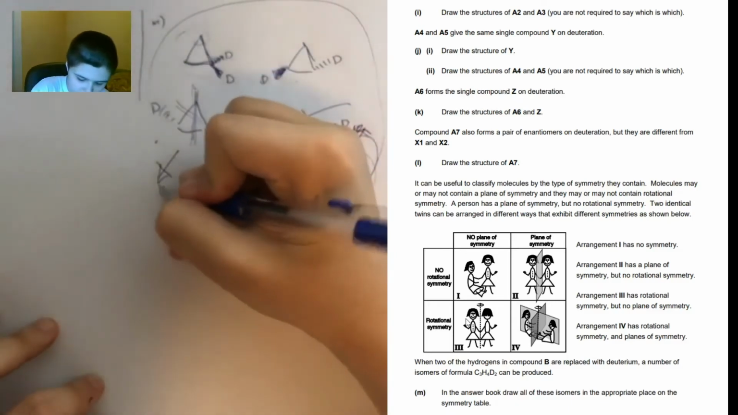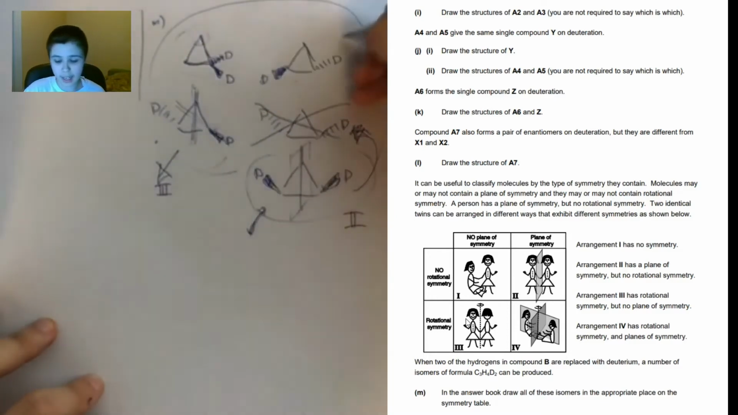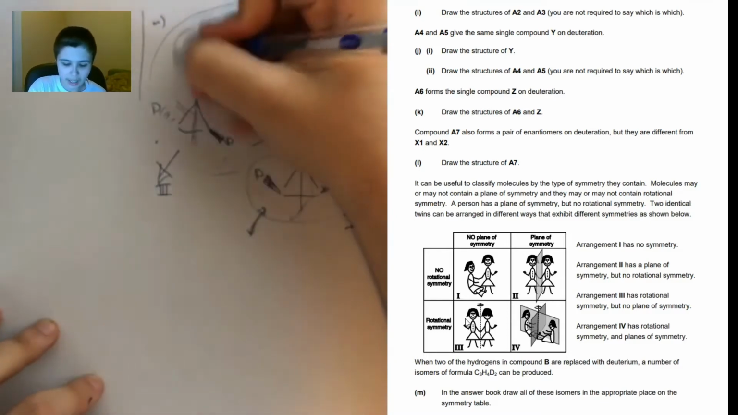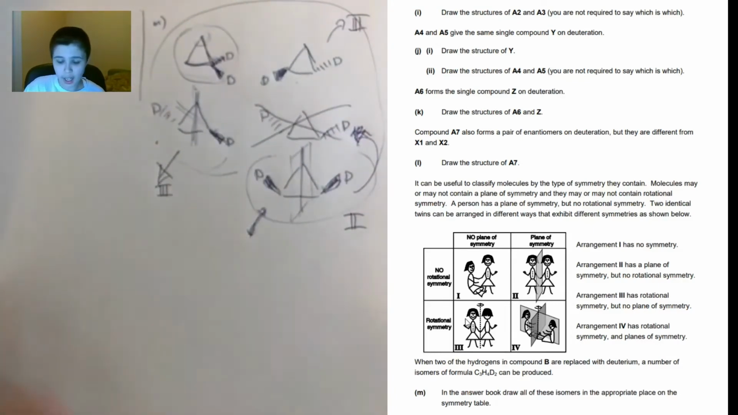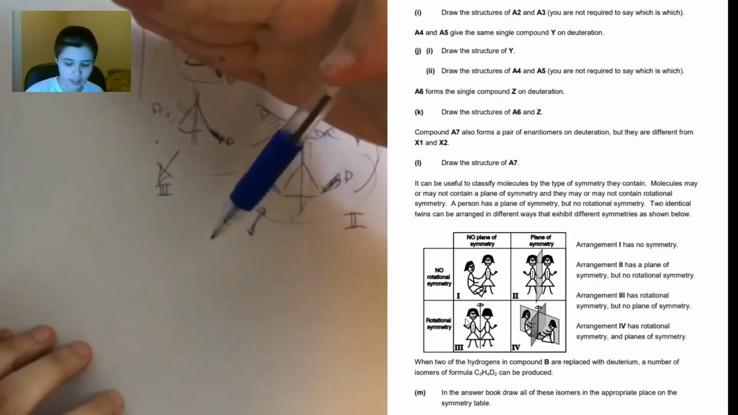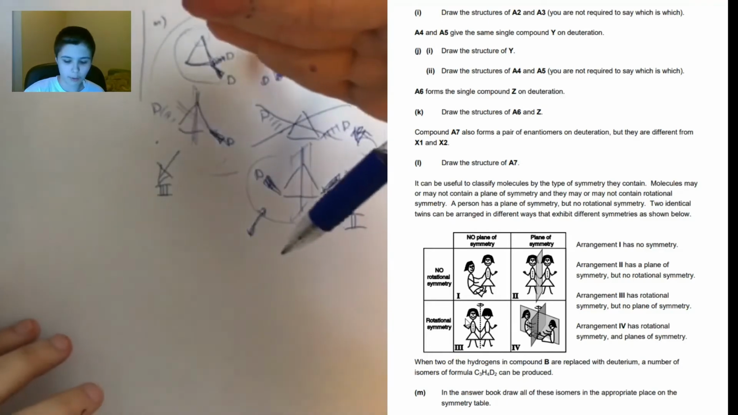So that's going to be part 3. Part 3 is going to be option 3, and then by a similar argument, this is going to be option 3. And then looking at the last one, it does have a plane of symmetry, because if you